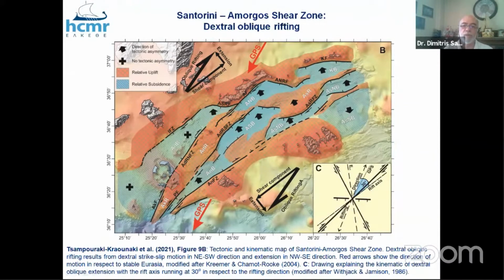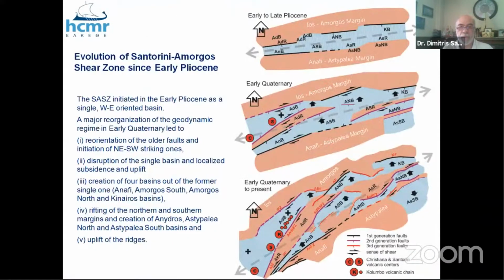So what we think and conclude is that this Santorini-Amorgos zone is actually a shear zone which displays dextral horizontal movement in a northeast-southwest direction and extension in a northwest-southeast direction. The data that we have allow us to propose a model for the evolution of the area, according to which this Santorini-Amorgos basin initiated in the early Pliocene as a more or less east-west trending extensional basin,